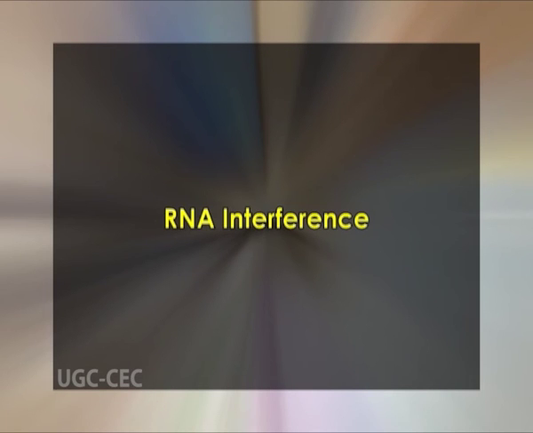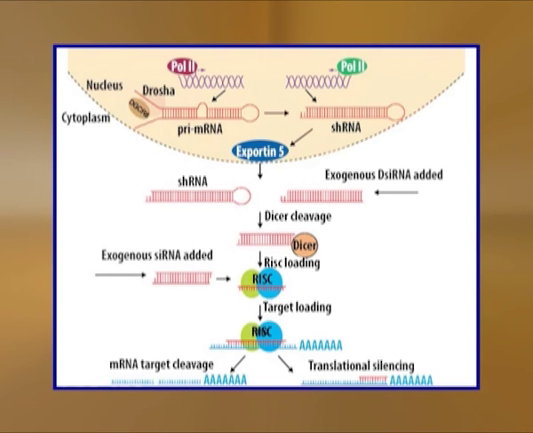Now, coming to RNA interference. Researchers are exploiting a recently discovered phenomenon known as RNA interference to inhibit the function of specific genes. This approach is technically simpler than the methods discussed above for disrupting genes. RNA interference refers to the ability of a double-stranded RNA to block expression of its corresponding single-stranded mRNA, but not that of mRNAs with a different sequence.